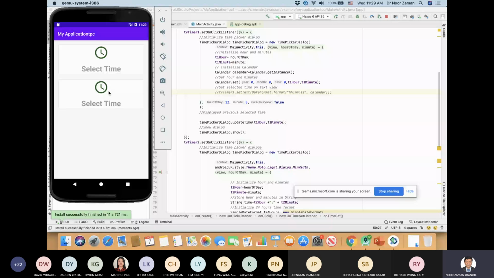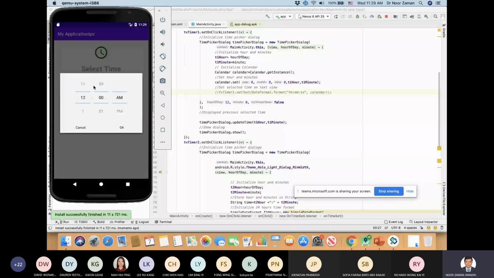When I click this one, it shows me the timer automatically. You can see we can rotate it like what we normally use on our cell phones. For example, right now I wish the time is not 12, but say any two, and how many minutes, 5 minutes or something. It is 8 a.m. or p.m., whatever it is. The moment I select that one, you can see from this one